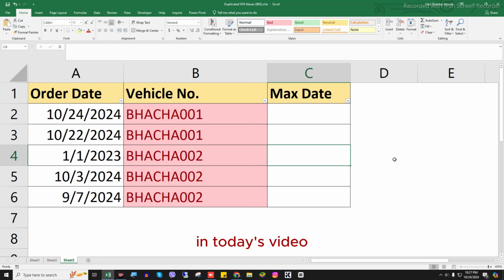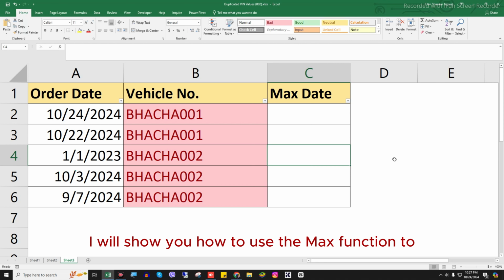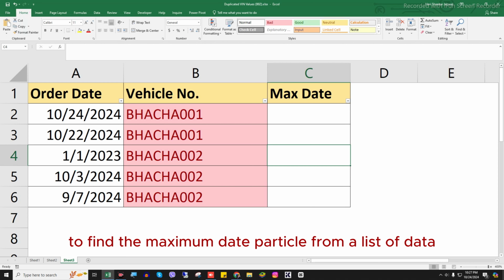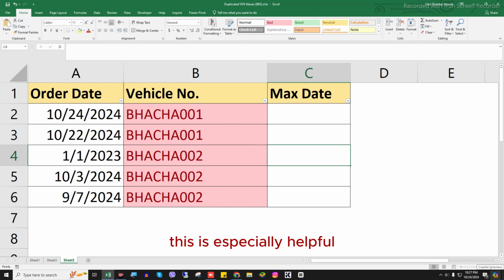In today's video, I will show you how to use the MAXIFS function in Excel to find the maximum date per vehicle from a list of data. This is especially helpful when you want to analyze data like service records or order history. Let's dive right in. On my screen, I have a simple data set with three columns: order date, vehicle number,